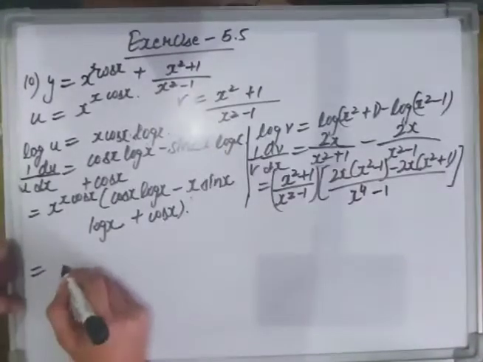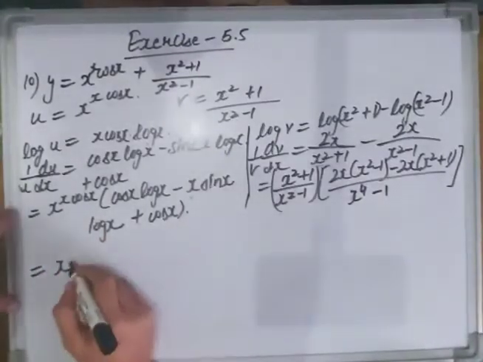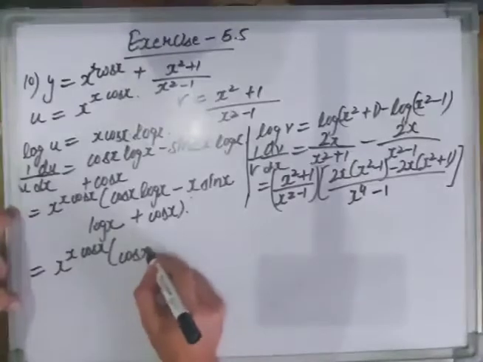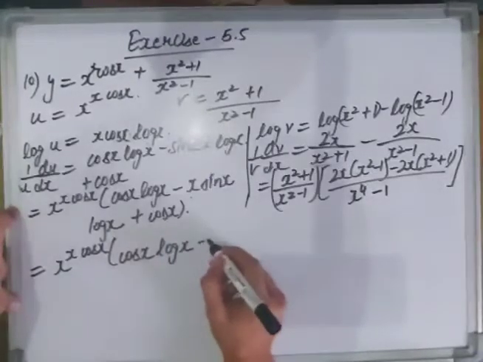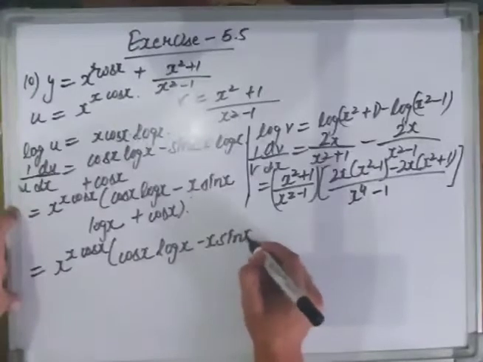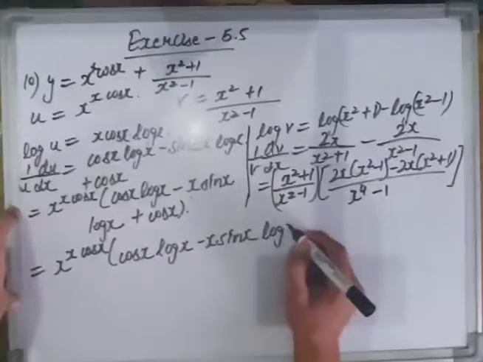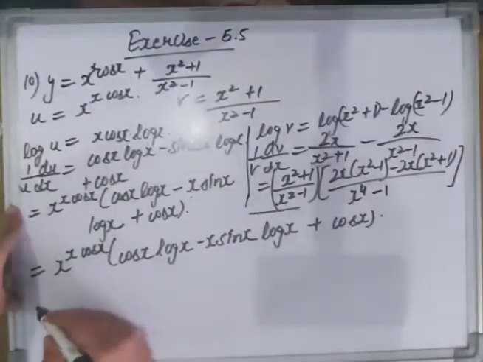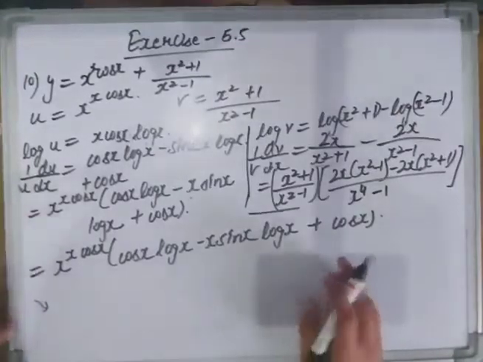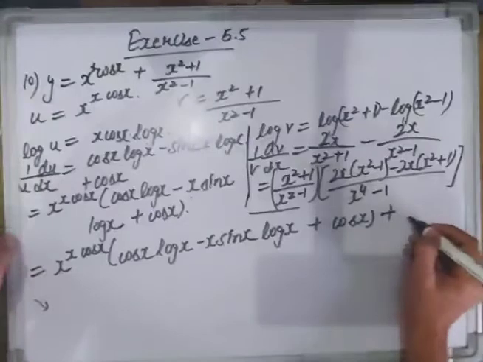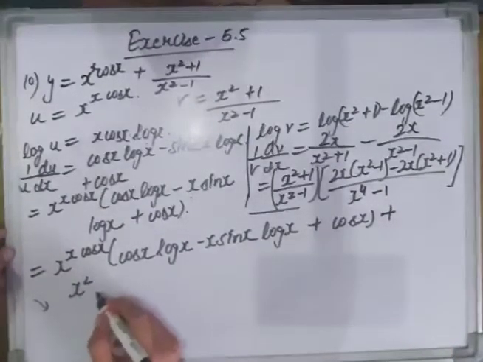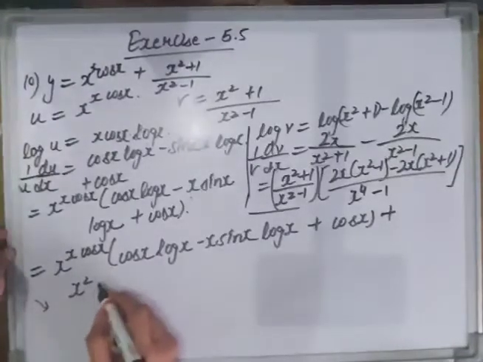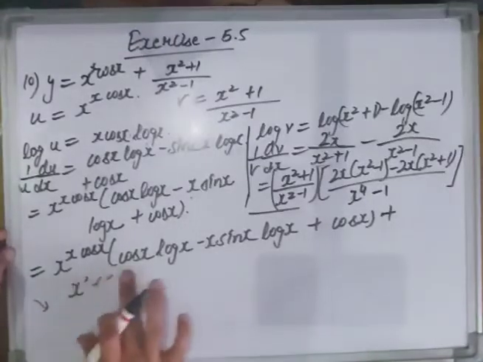So what I am doing here, I am just adding these two functions. cos x log x minus x sin x log x plus cos x, and this function I am writing here with plus sign, and x square, x square plus 1. So let's look here,